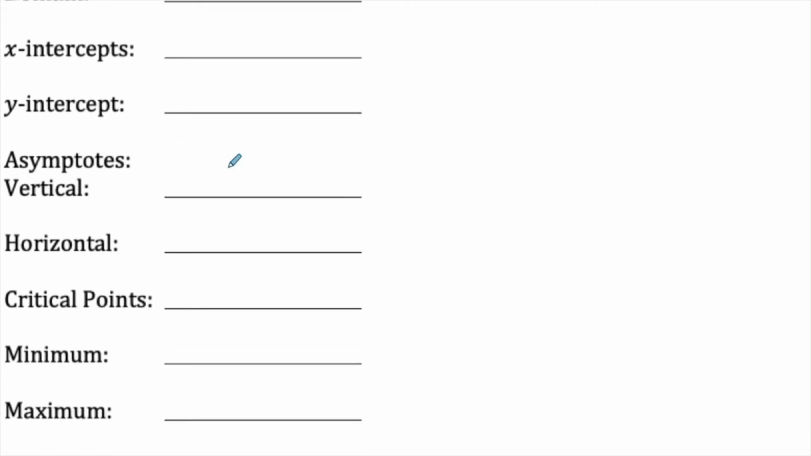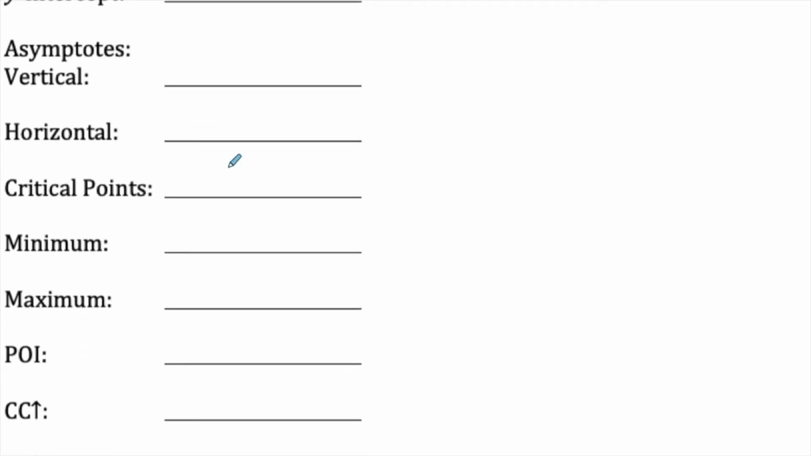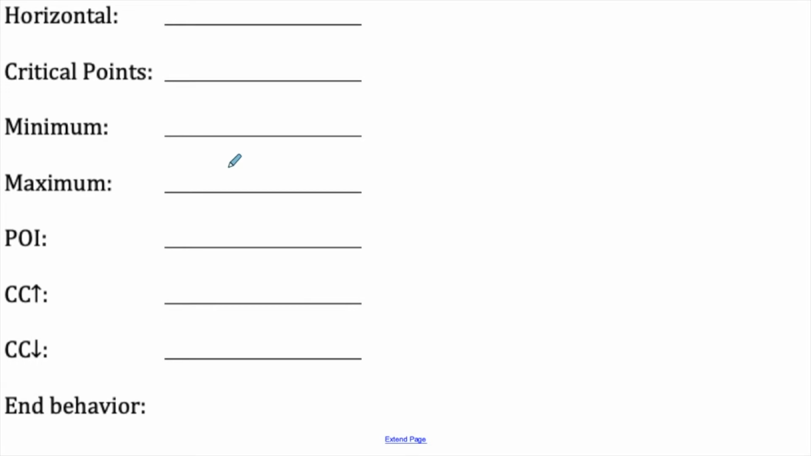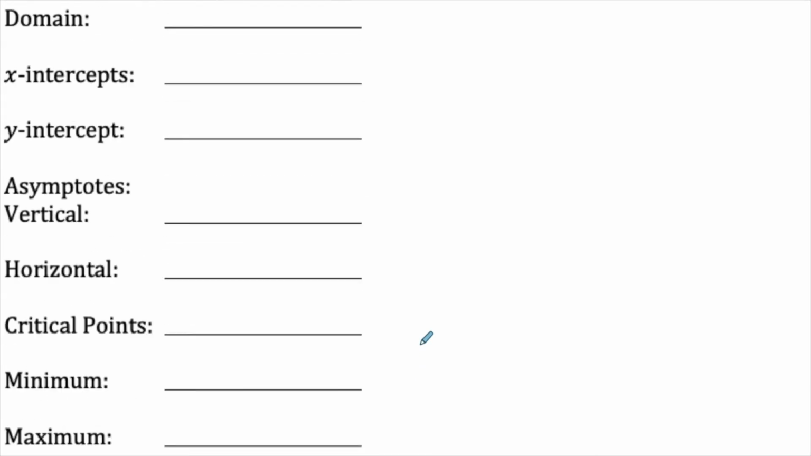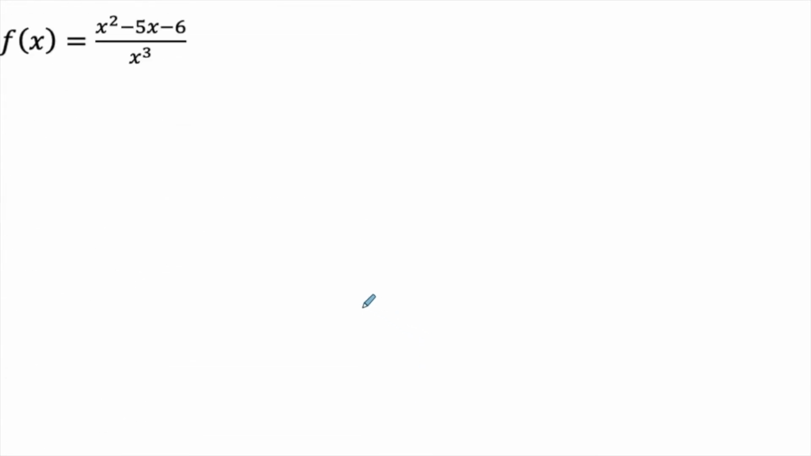Domain, x and y intercepts, vertical and horizontal asymptotes, critical points, min, max, point of inflection, concave up, concave down, and then determining the end behavior. So before I do all of that, I know I'm going to have to do my derivatives eventually, so I'm just going to start off by doing that, and I can reference them later. So first derivative,